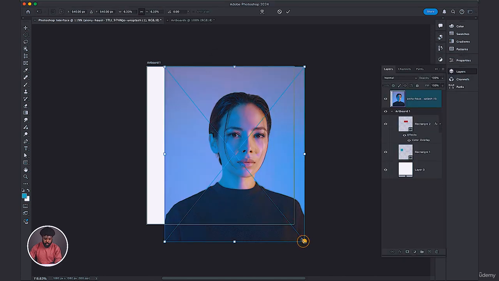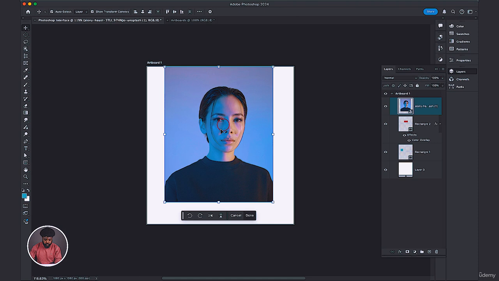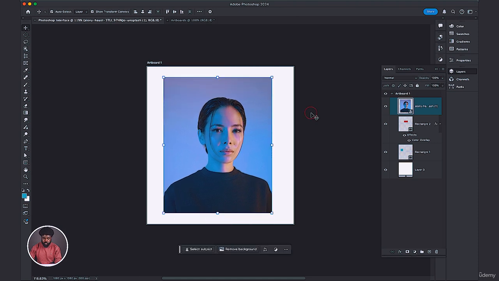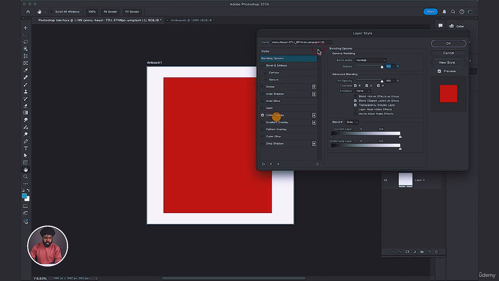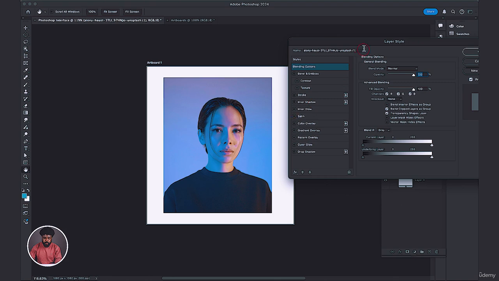Can reduce the size here. Gives us a smart object. Bring this here. And the same way, we can go in here, go into our FX, go into our blending mode, turn that off, let's bring it back on, and select color overlay. And you can see that it overlays that entire image. So whatever layer you select, you can apply all these different effects to. Let's turn that off